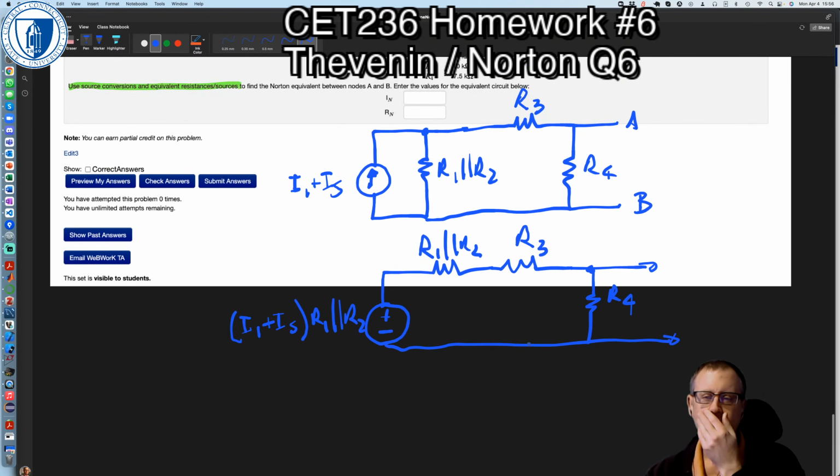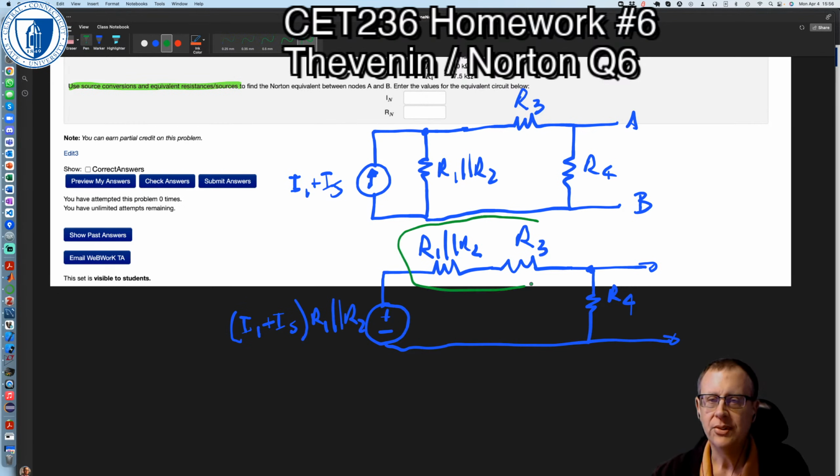Okay, so then we can combine these two series resistors, and we can convert this voltage source to a current source, right? So then we end up with a